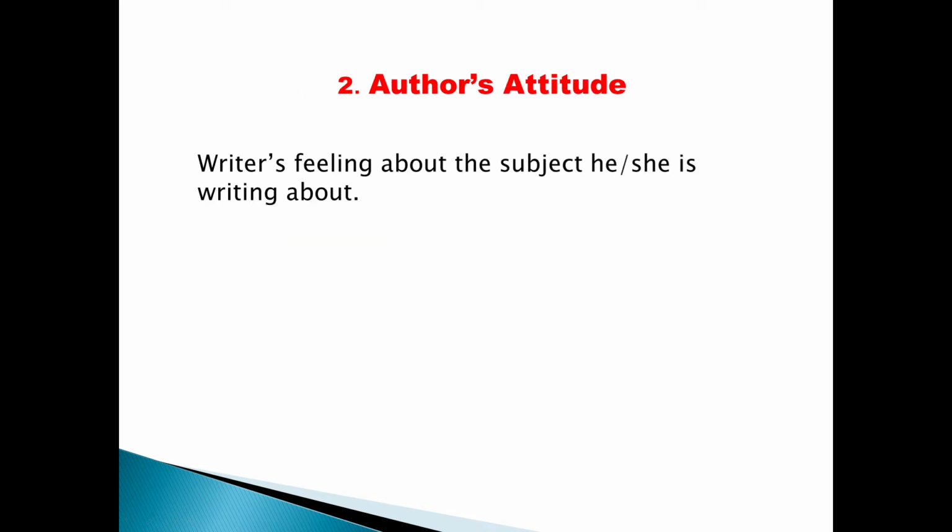The second objective of this lesson is understanding author's attitude. Now, this is different than the opinion. Okay, so let us not get confused. What is author's attitude? Now, in other words, we can also call it tone. What is the tone of the author? Now, if we go on to define author's attitude, it is defined as writer's feeling about the subject he or she is writing about. A tone or the attitude indicates the author's feelings about what they have written.